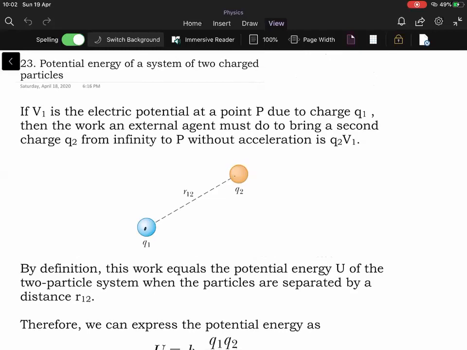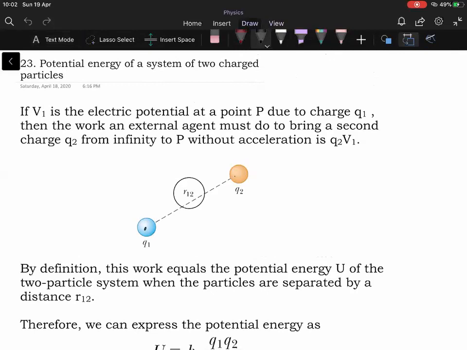This is similar to what we did in gravitation. Now, this is a configuration of charges where 2 point charges are separated by a distance of r. This is charge q1, this is charge q2. Now, there are infinite ways in which you can create this charge configuration. So one of the ways,